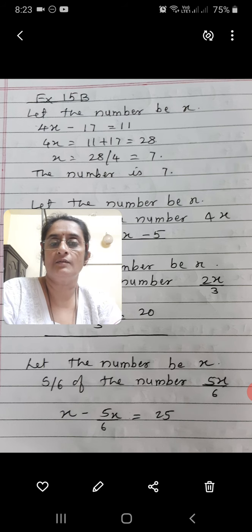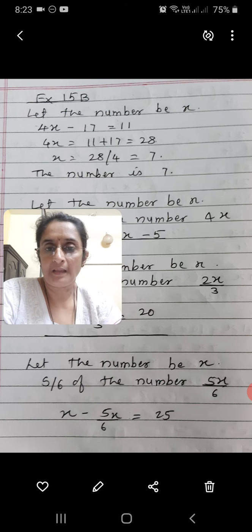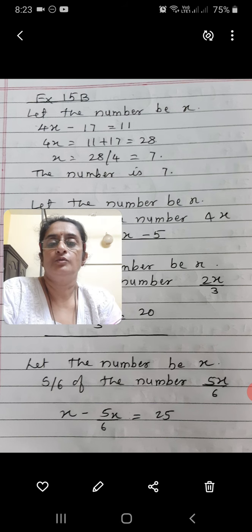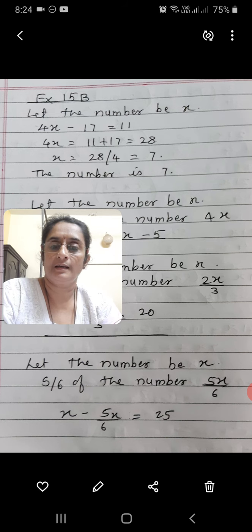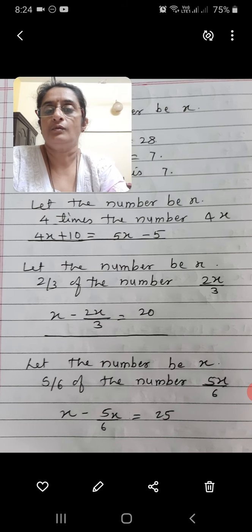Once you are ready with this equation, the solving part you can do because you have practiced it in the previous exercise. Now solving, numbers go to the right hand side and variables to the left. So 4x will be on the left, and minus 17 will go to the right hand side and becomes plus 17. 11 plus 17 gives us 28. So the x value is 7. So the number which is told has to be 7. If you make 4 times that number, 7 fours are 28, minus 17 gives us 11. So we are correct.